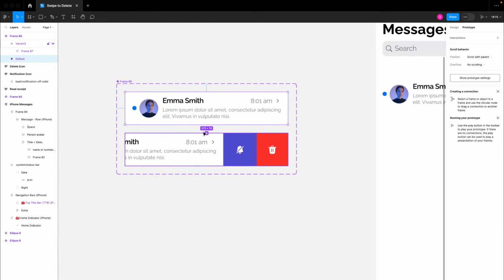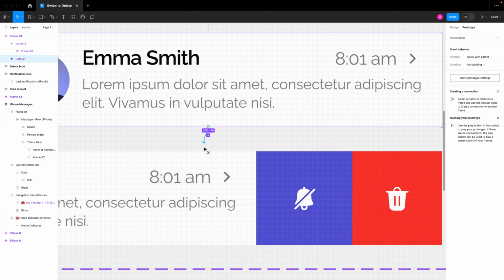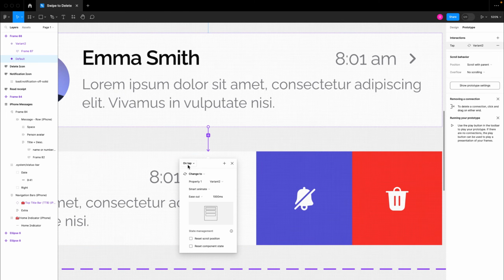Once we have this, I'm then going to click on the default variant. I'm going to switch to the prototype section, and I'm going to connect this to this. So for this, it's definitely going to be an on drag, and for the on drag, we want it to come to this second variant, and I'm just going to leave it as 600 milliseconds,